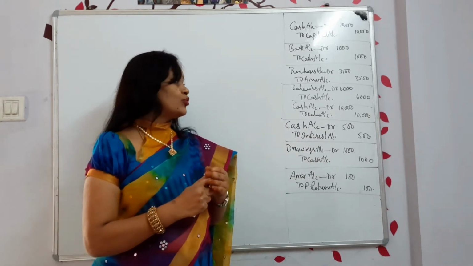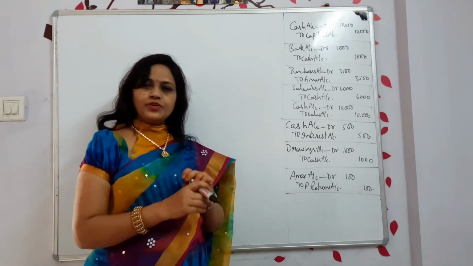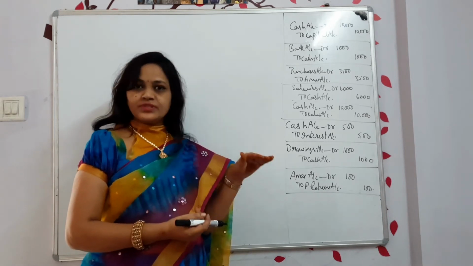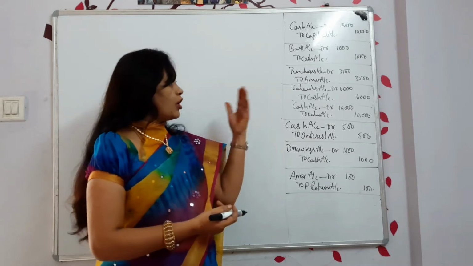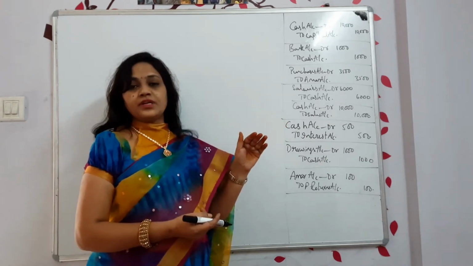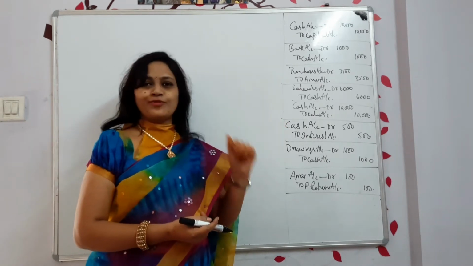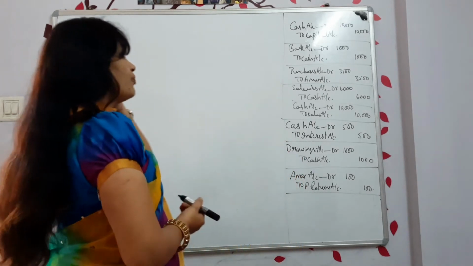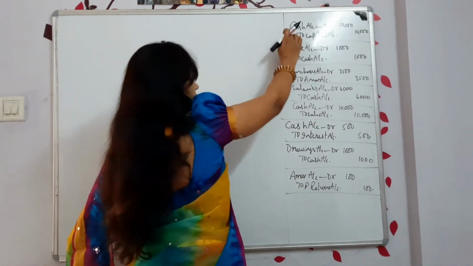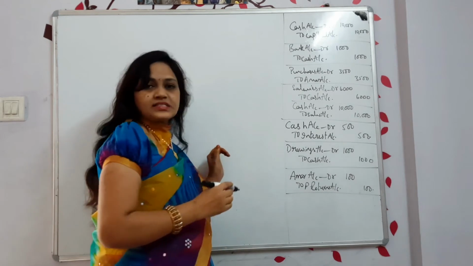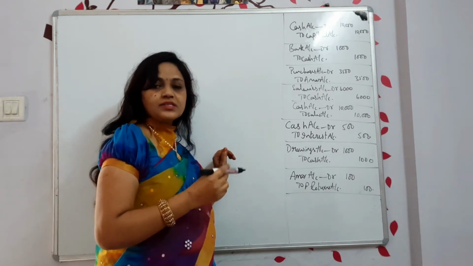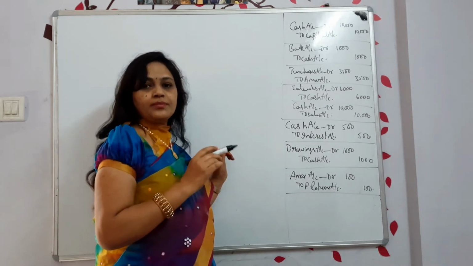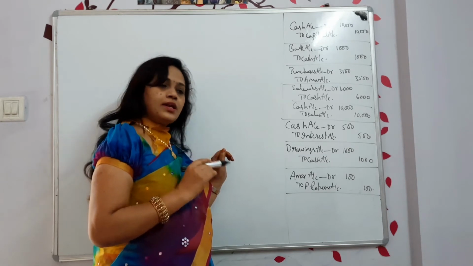Okay, how to post the ledgers, that you are learning now. We will do two videos on that. One is for the simple journals and one is for the compound journals. If I feel it is not sufficient, then we will have one more video on that. Okay, fine. Now check the journal, check the transaction. Transaction-wise, each and every debit and credit must have the ledger.